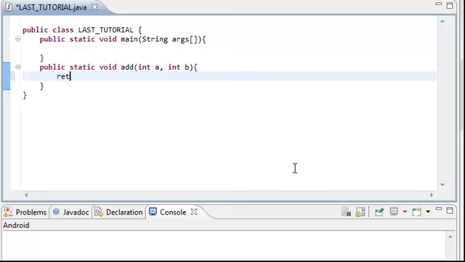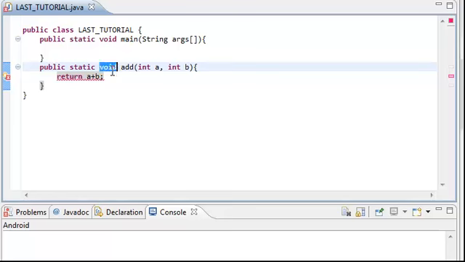So anyways, we're going to return a plus b. So basically what this does is it takes two numbers, it adds them, and then it returns them. So if I say,